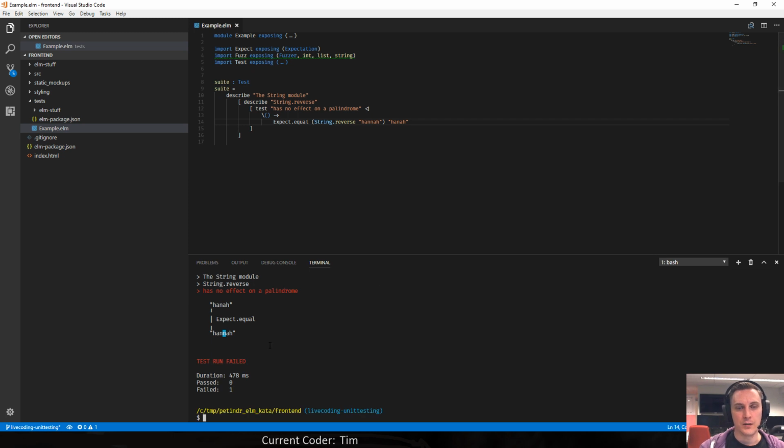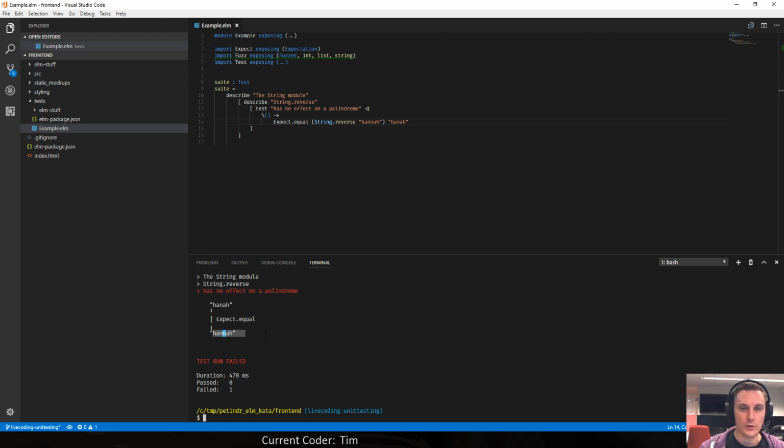I get an explanation that says, well, within the string module, there is a string.reverse, and string.reverse should have no effect on a palindrome. And then it also produces the output. So here it says the actual value, and it's expected to equal this thing here, and it's right here.